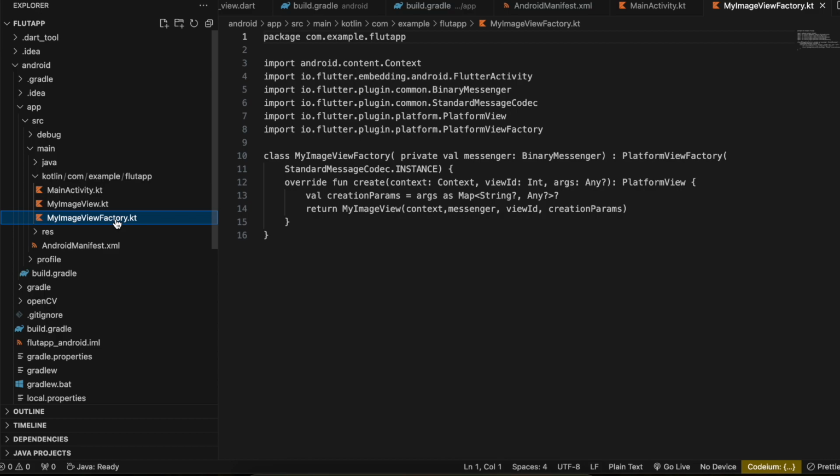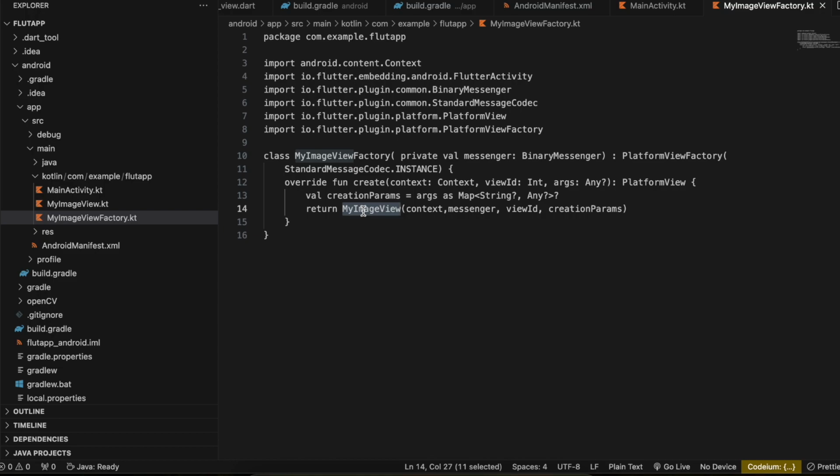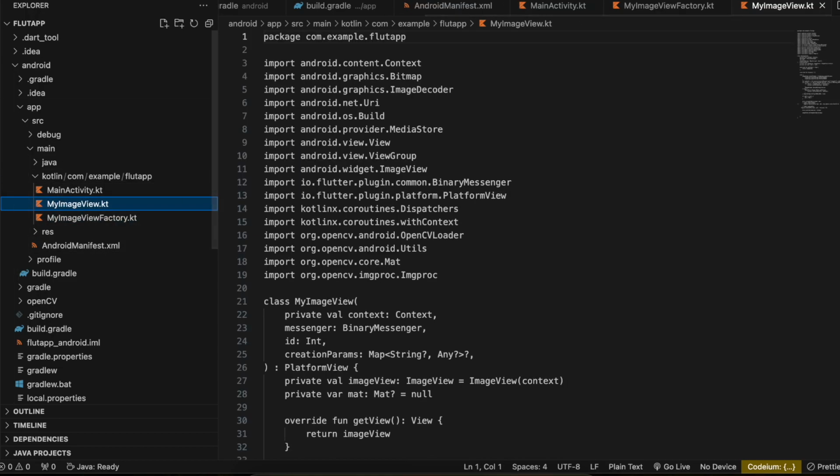So this is again boilerplate code which you have to write every time you want to create a native Android view inside Flutter. The only thing you have to remember is that here we are calling our MyImageView Kotlin file. So if you see this MyImageView.kt,